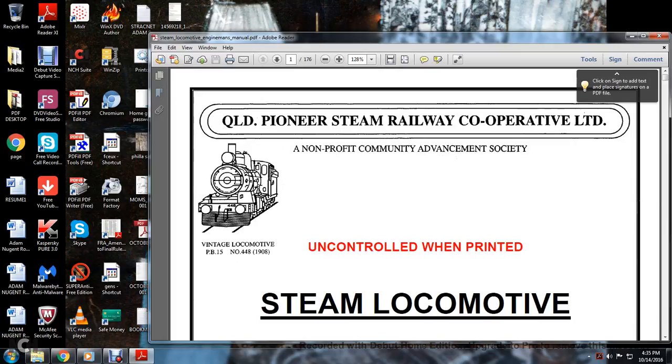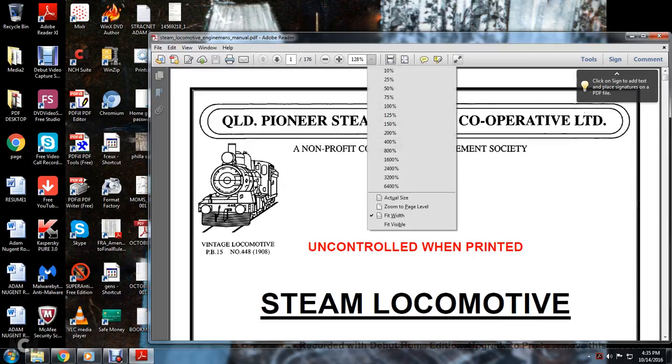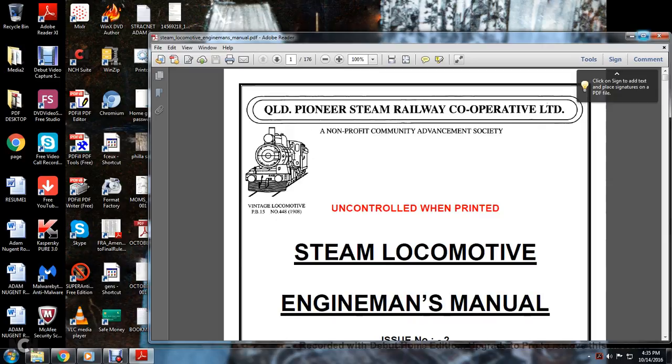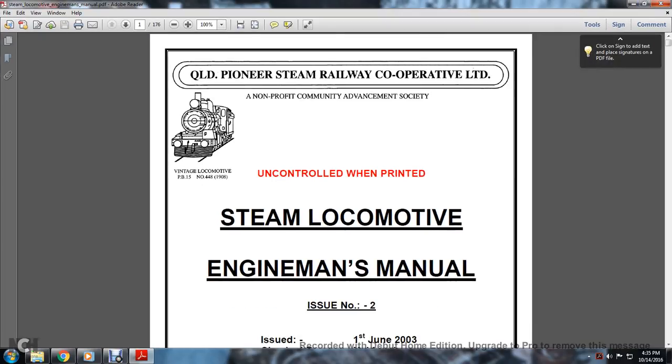Alright, I was able to get a Steam Locomotive book, so let's read it. Alright, Old Pioneer Steam Railway